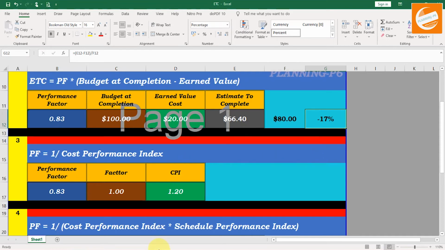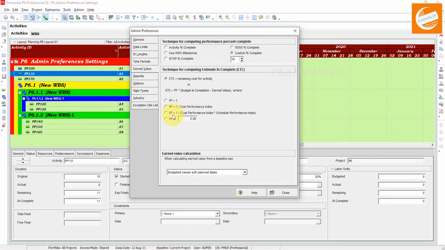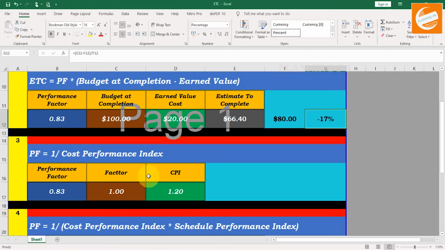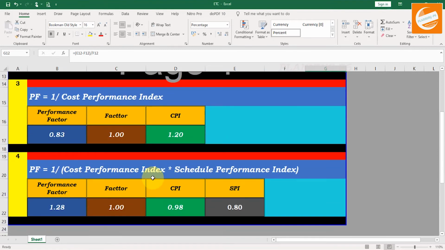And the other option is here: performance factor is equal to 1 over cost performance index multiplied by schedule performance index. When your schedule is in delay status, or your work has been stopped due to rain or any other issues, your SPI and CPI will be affected.